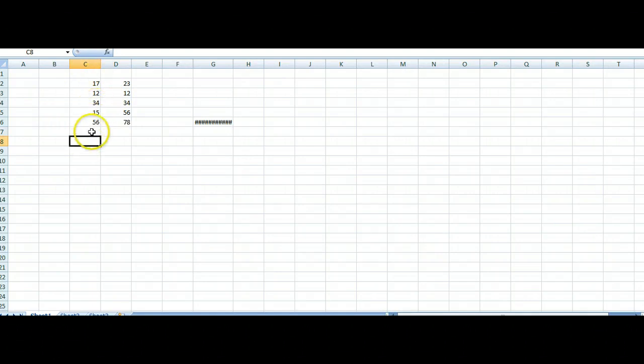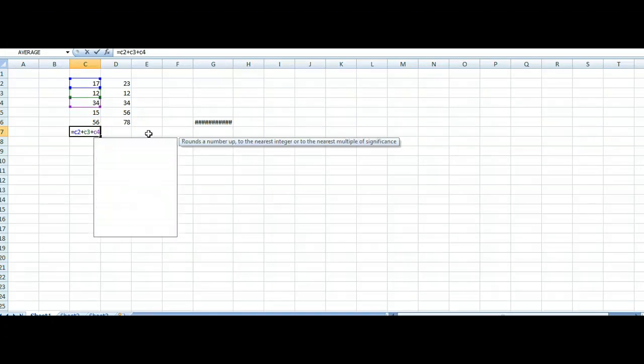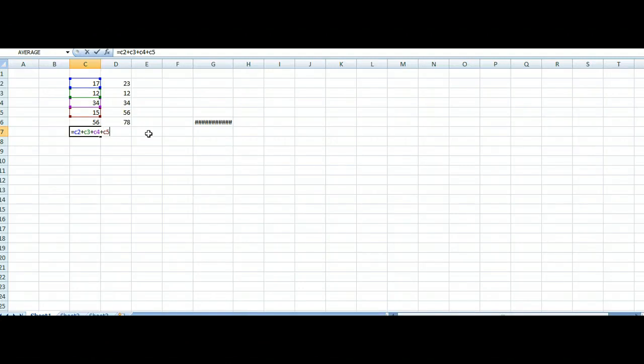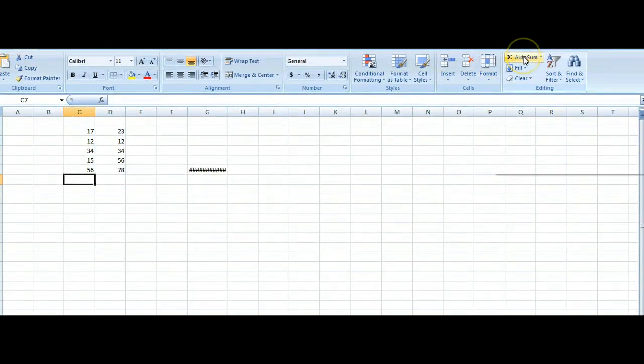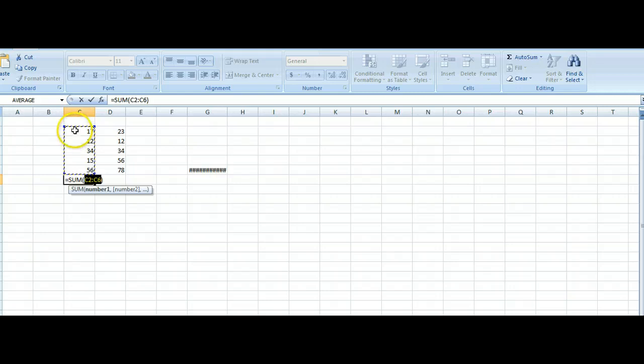So if I wanted to add all of these numbers, I could do equal C2 plus C3 plus C4 plus C5 plus C6. I could do all of that to add those numbers, right? Or better yet, I go up to the top of the screen, and I have what's called AutoSum. Then I can choose this range and hit enter, and it automatically summed